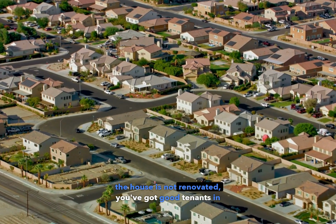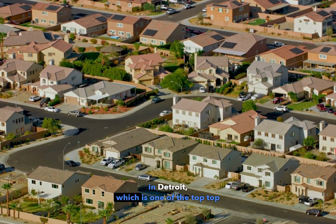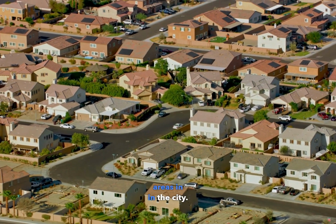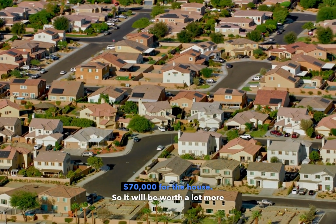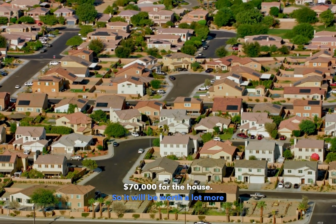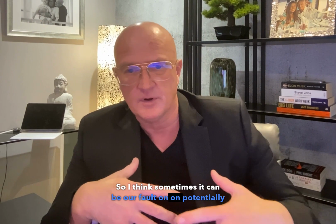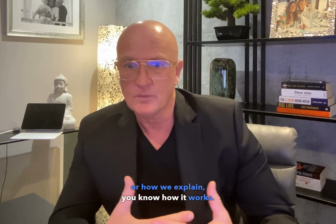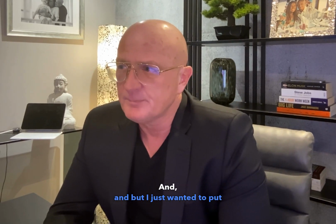the house is not renovated. You've got good tenants in place. The house is actually in Bagley in Detroit, which is one of the top areas in the city, and I think he paid like $60,000, $70,000 for the house, so it will be worth a lot more money. So I think sometimes it can be our fault on potentially how we present the property or how we explain how it works, but I just wanted to put that out so clients understand,